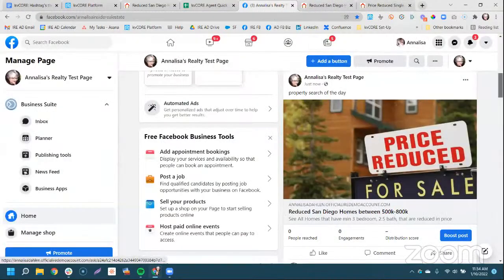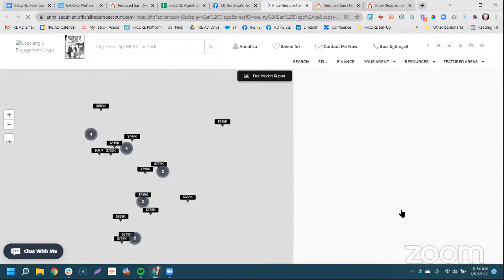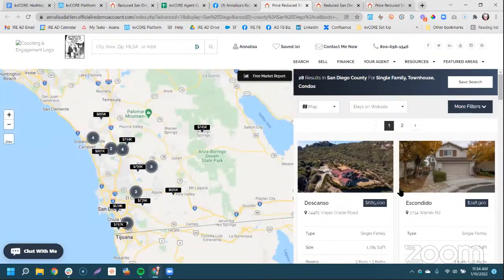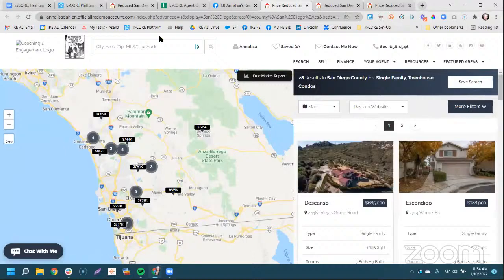When you're looking at the squeeze page, they're going to click and be sent directly to the website to see the listings. And then after 2 views of a property, they're going to be prompted to sign in. So that's the difference in the registration ask.